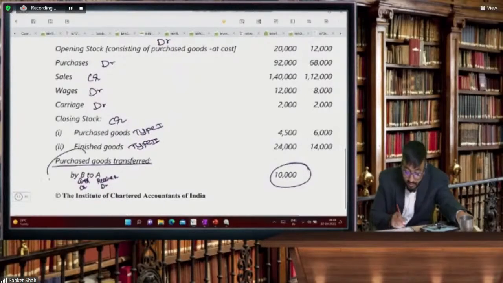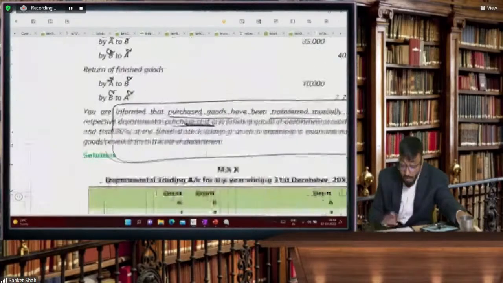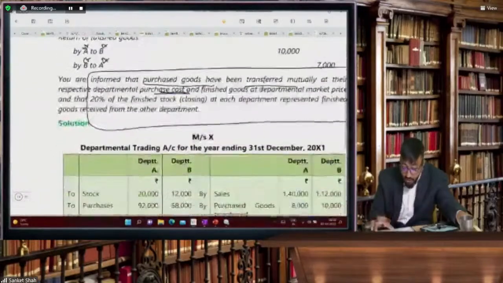See, purchase goods are transferred at cost. So whether purchase goods include any unrealized profit. If it is transferred at cost, sir, cost पे transfer किया, तो कैसे unrealized profit आएगा? No unrealized profit. But if finished goods